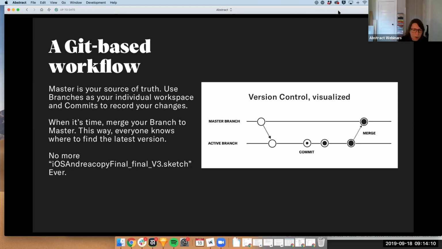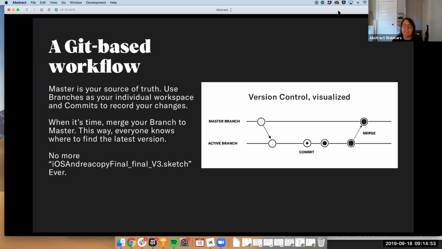So once you're in your branch, you're editing these Sketch files and soon to be XD files. So you're editing these design files, and we have a plugin that sits on top of Sketch right now. You'll save locally, but then you'll make what we call commits. And commits are like super saves. A commit will save a snapshot in time of the files you've worked on, and it sends that to the cloud. And then you're going to create lots of different commits. That creates a timeline of any changes you've made in your own personal branch.